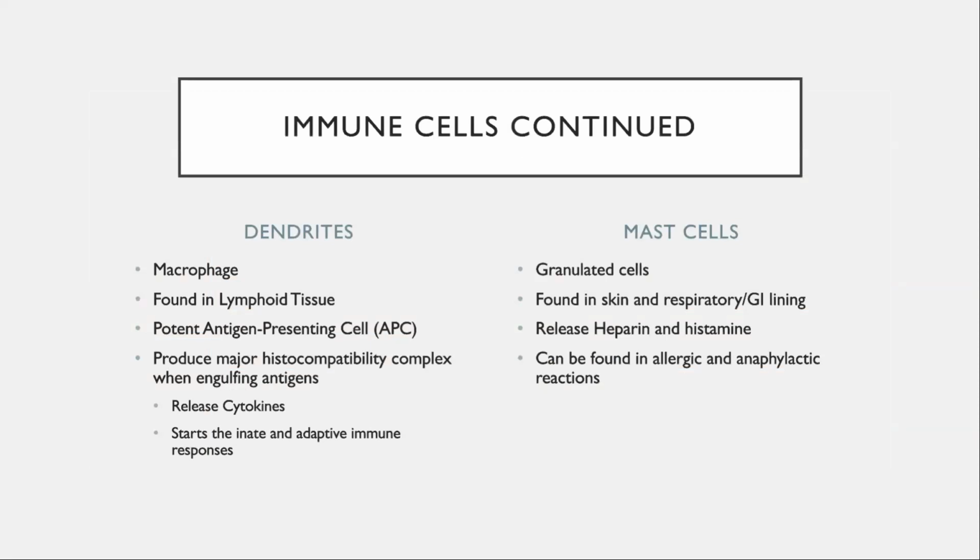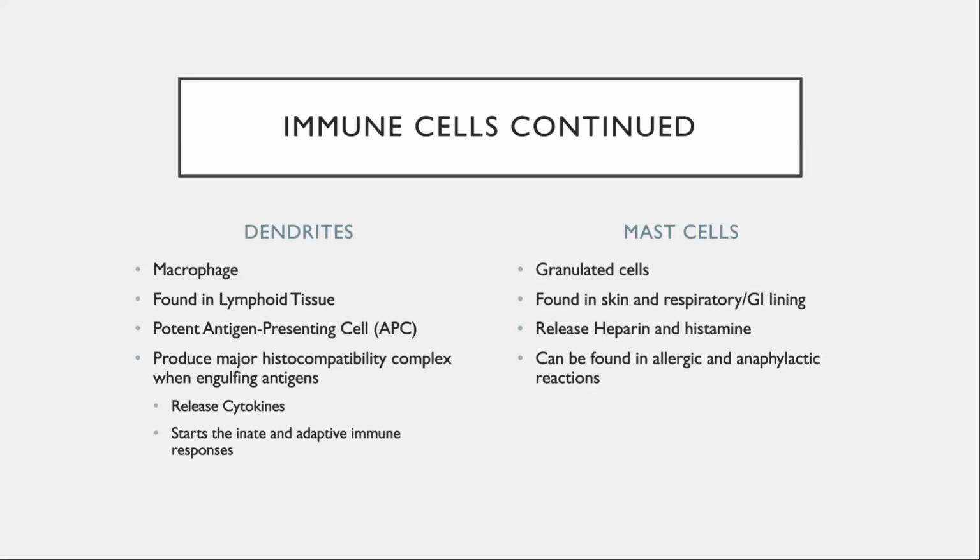So continuing on with immune cells, we have our dendrites. Dendrites are a form of macrophages, which basically phagocytize foreign cells. They're found in lymphoid tissues, and they are a potent antigen presenting cell, or an APC. They produce a major histocompatibility complex while engulfing antigens, and this releases cytokines and starts the innate and adaptive immune